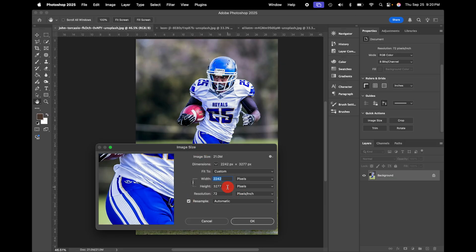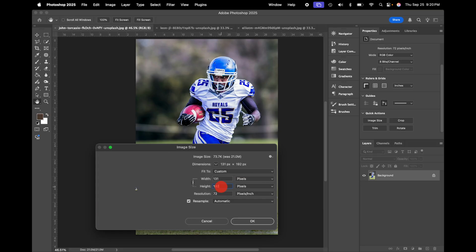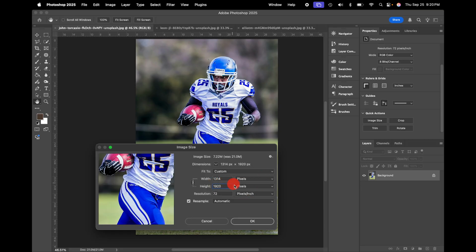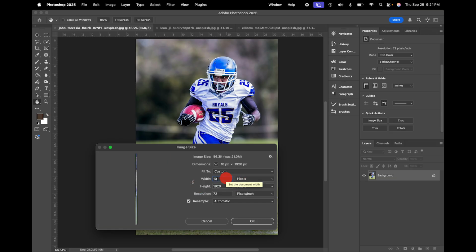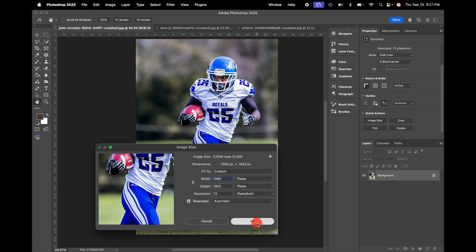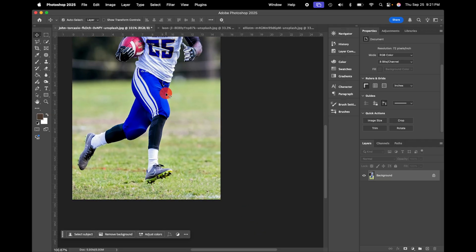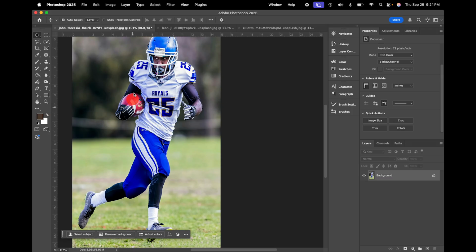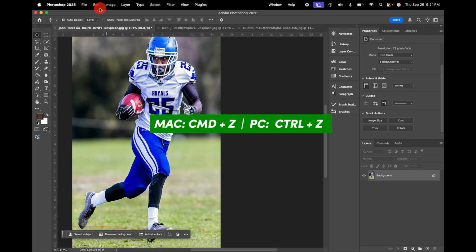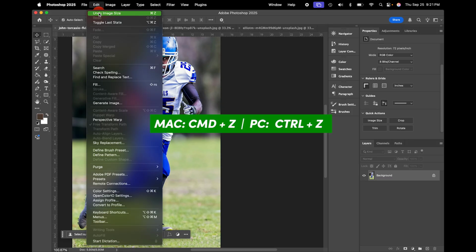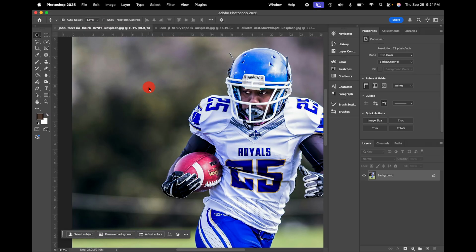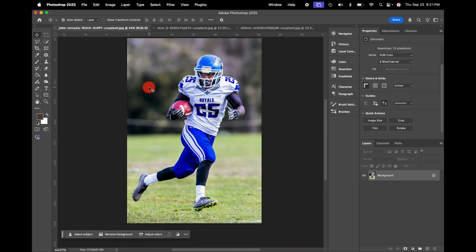So because these are linked, the minute that I type in 1920, the width automatically changes. And unfortunately, it's not 1080, which is the size we need. So let's try to unlink it. And then we can change the width to 1080 and hit OK. But what happened? Now the image isn't proportional. So we're going to hit Edit, Undo, Image Size, and find a way to scale this down that keeps it